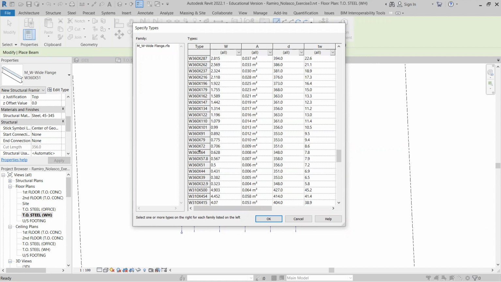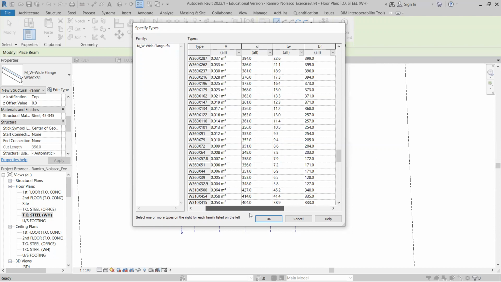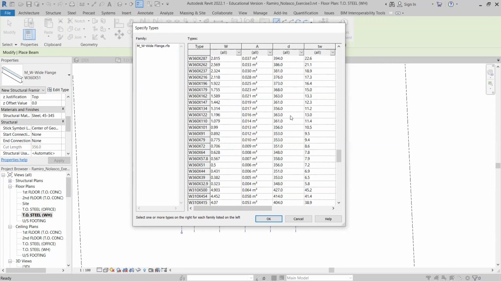You can load another type, right? And you'll see here the different specifications, the width and all this. So when a structural engineer specifies any of these values, make sure you look for that specific